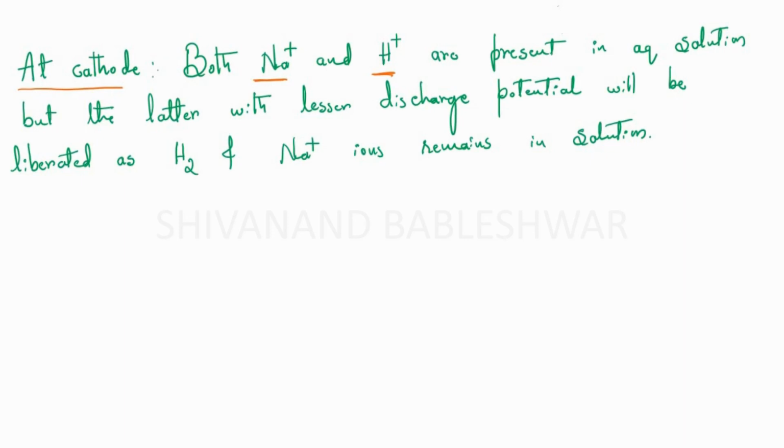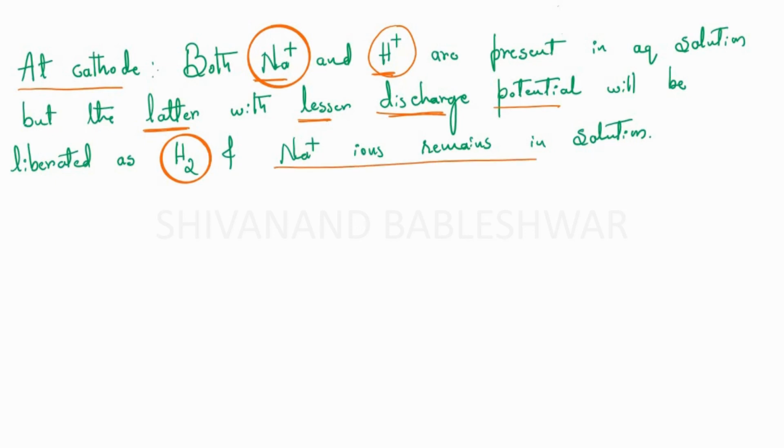So the latter, H plus, and the former, Na plus, the latter having a lesser discharge potential, will be liberated as H2, that is hydrogen gas, and sodium ions remain